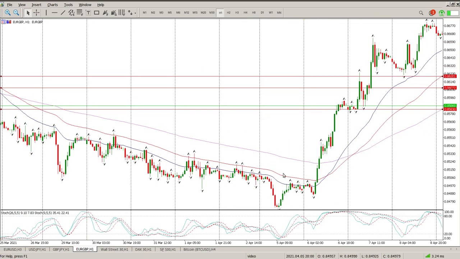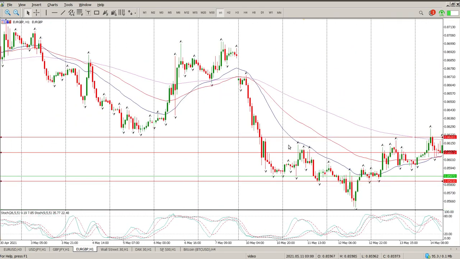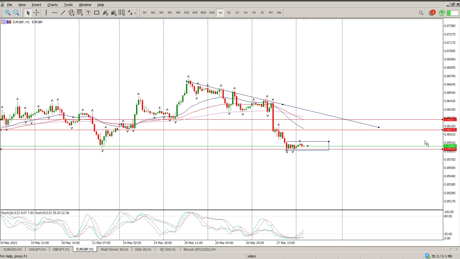If that breaks, there's nothing really much holding it. It's all these tails along this downtrend which will give some resistance, but it's not going to give you a lot of resistance, so it'll be short little choppy moves, exactly like it's happened before. So it's an interesting one to watch. I still think there's some value here for some shorts. I think just see what happens with the London breakout. If this carries on like this, you can also just bounce around in a range,